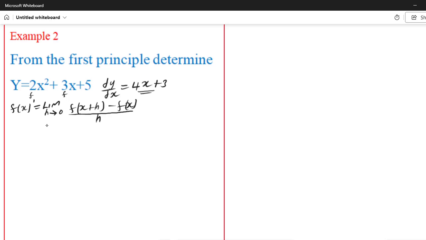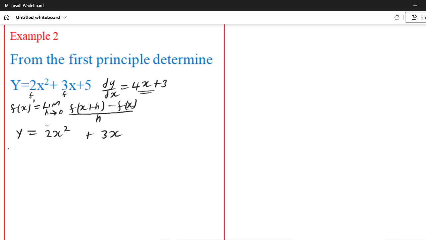Then the x remains x, and in equation 2 we still have x. So what we have as y equals 2x squared plus 3x will now be replaced by the formula, because 5 is not a function of x,